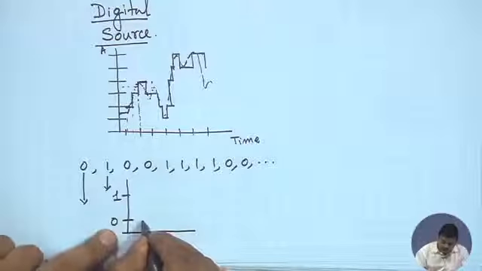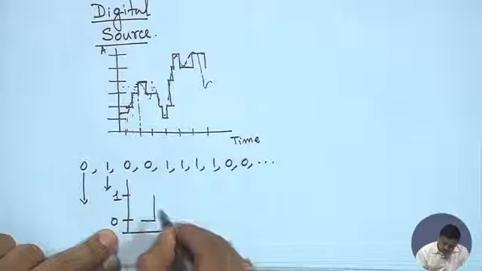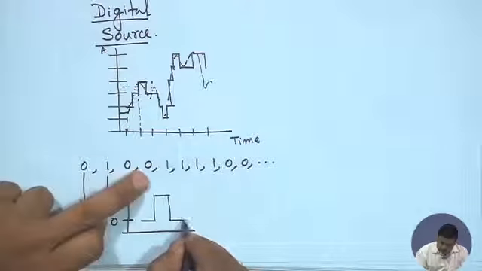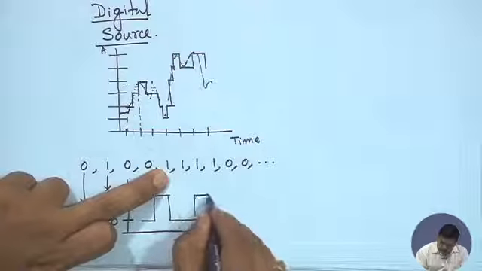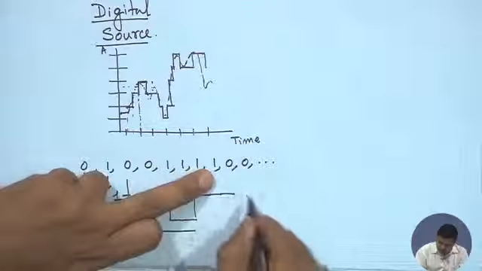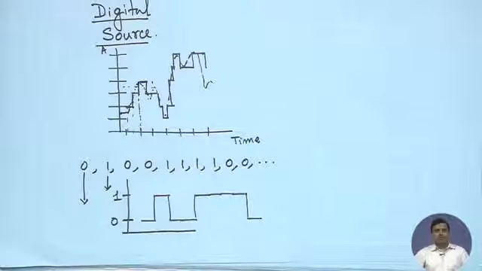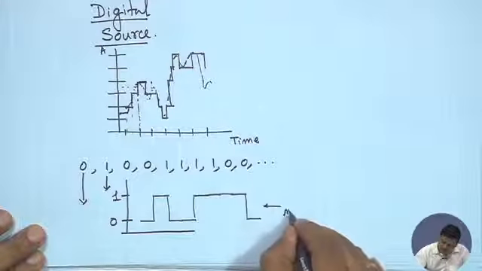So, what we are going to do is our source will keep on generating a 0, a 1, a 0, another 0, another 1, another 1, another 1, another 1, another 0, and so on and so forth. So, this particular waveform which is being sent would represent the sequence of zeros and ones that were stored originally in the file. Now, if you have studied analog communication, we can simply say that this particular sequence